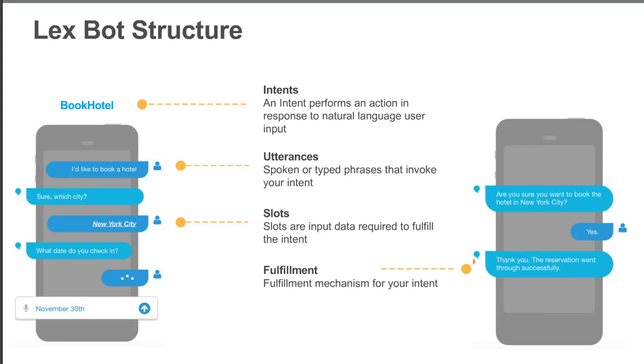So what makes up a Lex bot? Whether it's to book a flight, order pizza, or make an appointment, each bot has a purpose. Lex uses the term intent to describe the action or actions that a bot can perform for the user, and you can have multiple intents. Each intent then corresponds to utterances that represent phrases the user might speak or type. So when you say, "I'd like to book a hotel," or my friend Mike says, "Sudo, make me a sandwich," those are utterances. You don't have to get all of these down. Lex will understand more than just the phrases you provide.